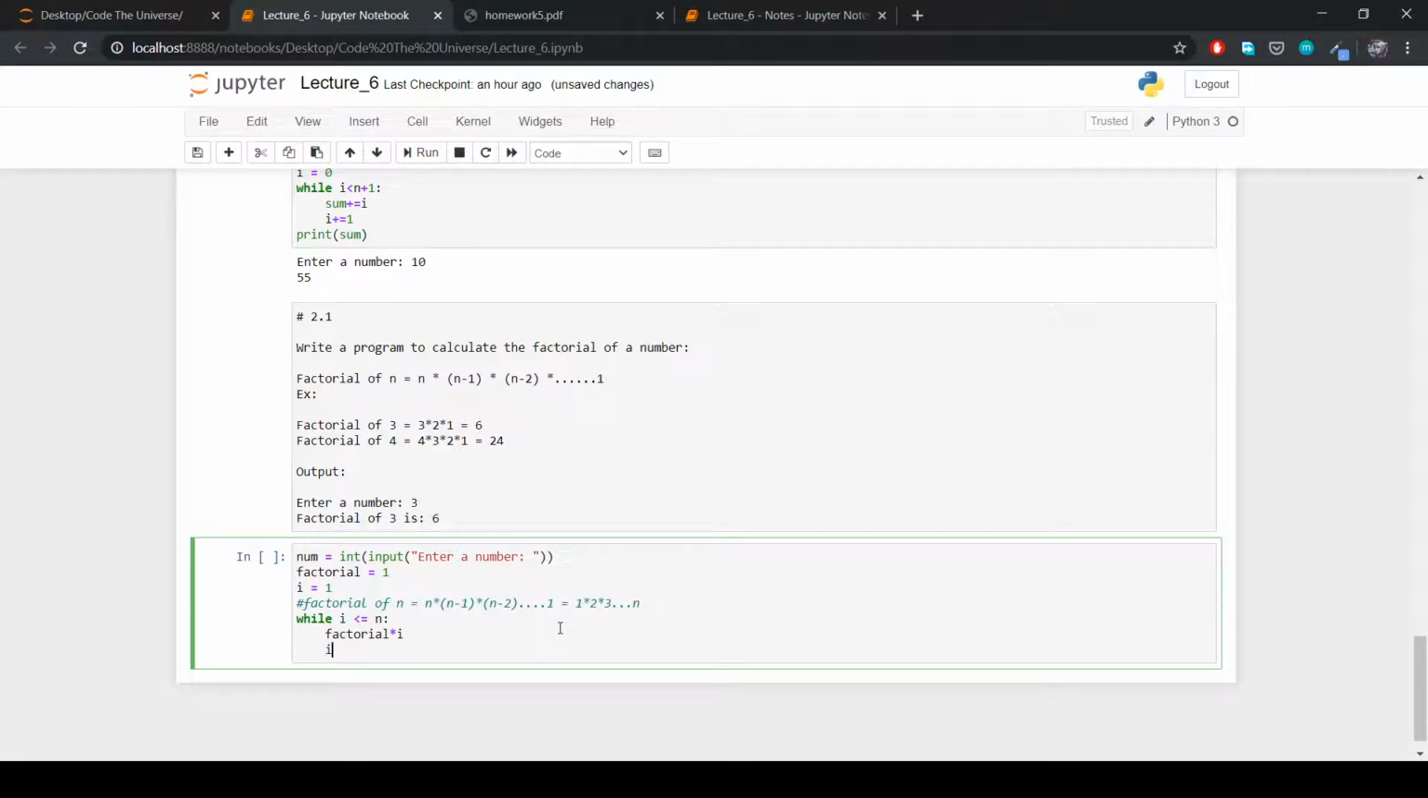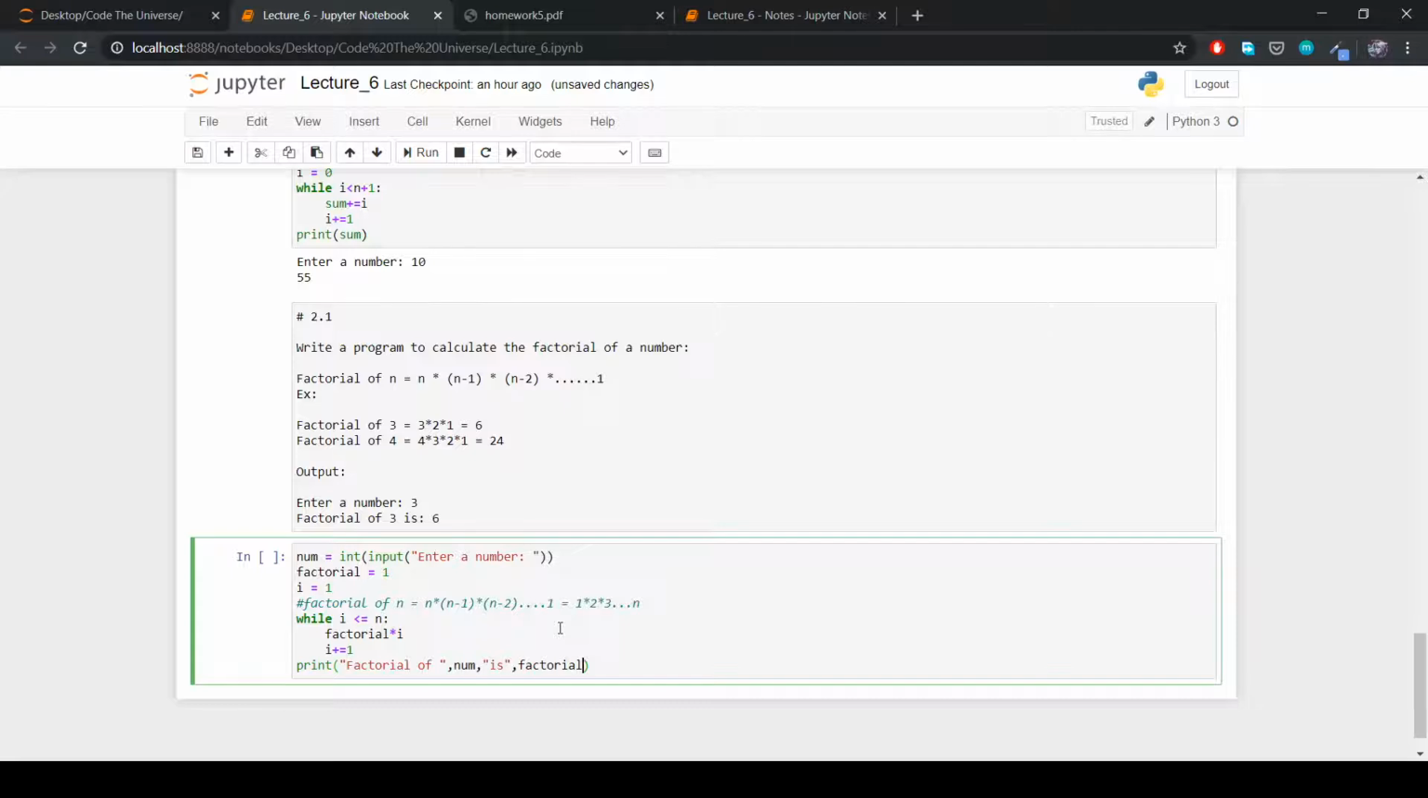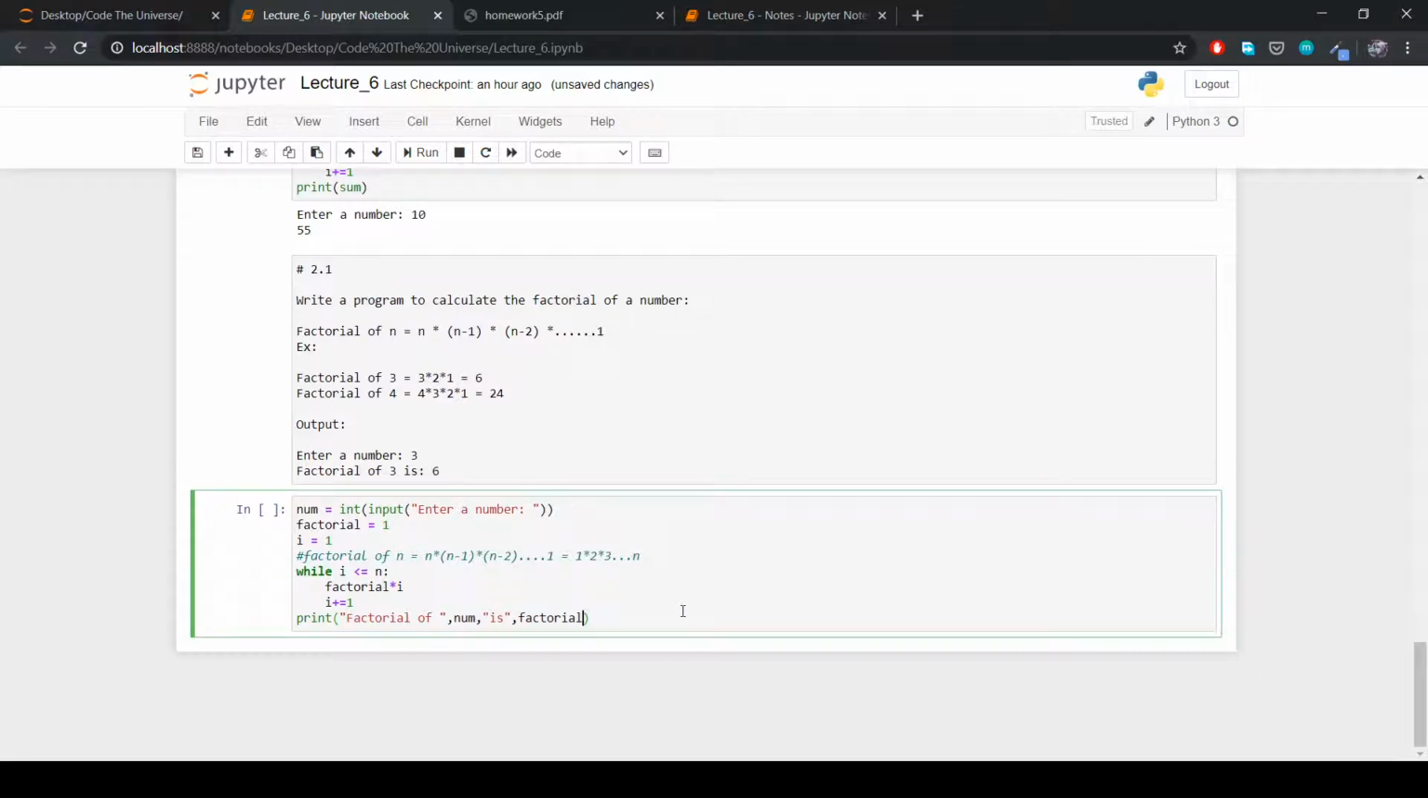Then we increment I as usual. Then at the end, we just print the factorial of, let's just print the number here. Is okay. So to walk you through this,